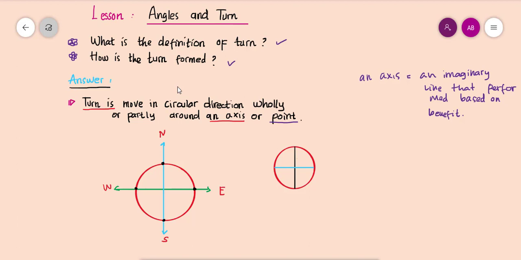What is the meaning of based on benefit? We can use it for coordinates, for rotating, and for moving around. You can set up an axis in the way that you like, that's why I call it based on benefit. But in meaning, an axis is an imaginary line that